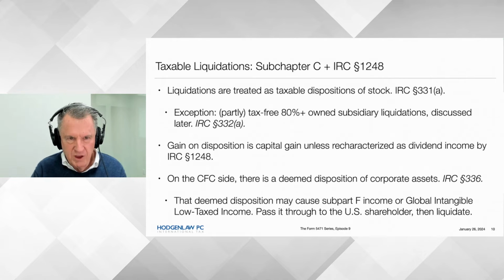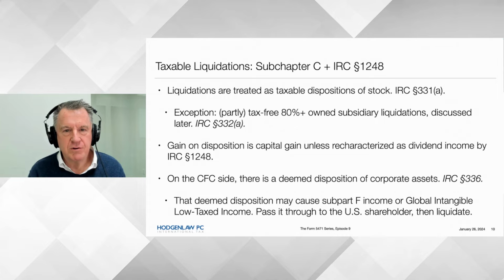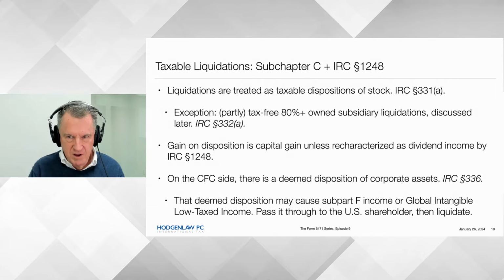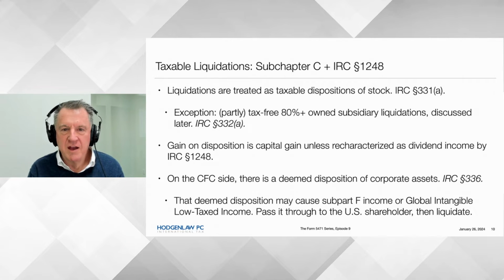When you have a liquidation, there are actually 2 code sections in subchapter C that come in. One is Section 331 that says, hey, shareholder, you got capital gain when the corporation is liquidated. And the other one is Section 336, which says to the corporation being dissolved, pretend that you sold all of your assets, recognize the gain, pay the tax, and then whatever's left over, distribute those assets after tax to the shareholder. So you can see in this case, if you have a CFC and Section 336 mandates that result, pretend you sold all the corporate assets, you could have gain recognition on appreciated assets.